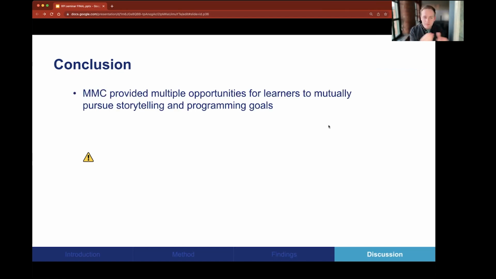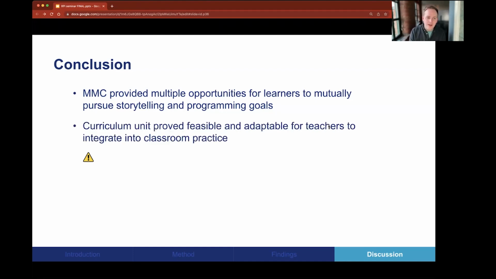So multimodal composition, what do we think about it? Well, I would argue across all of the studies, these sorts of activities provided opportunities for learners to mutually pursue both storytelling and programming goals to various degrees of success. And then when we take it into the classroom and try to adapt it and see if it's feasible,